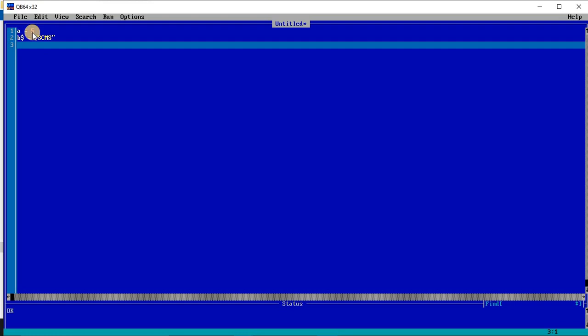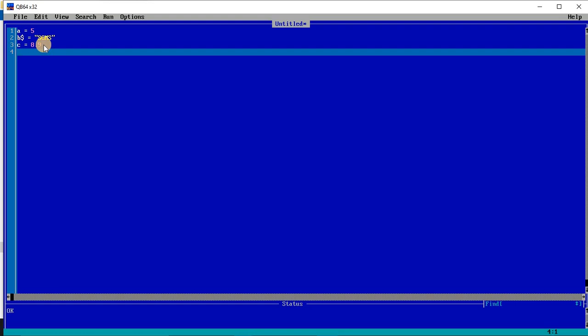So a is a numeric variable and b is a string variable. This type will be used in many programs. Like I can take c is equal to 8.9. So this is also a numeric variable which is storing a decimal number. So these are all variables.